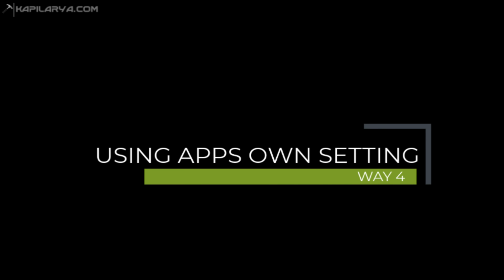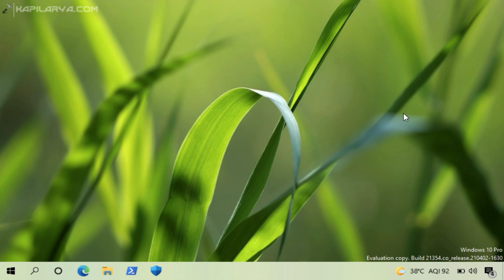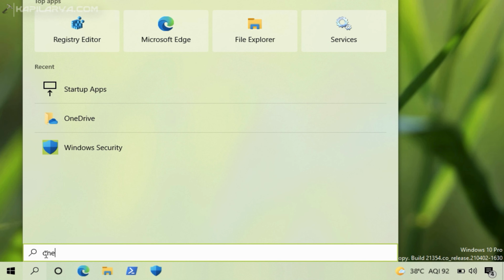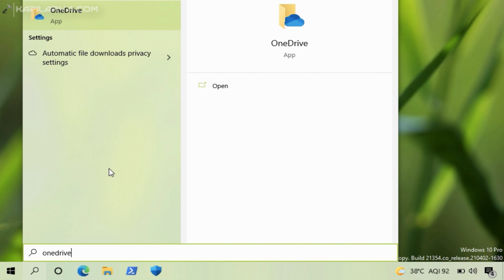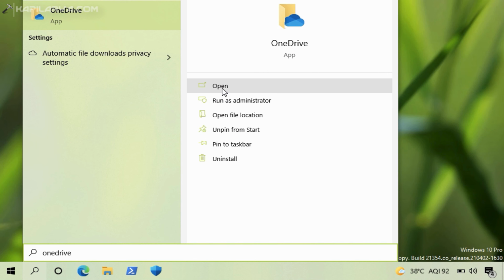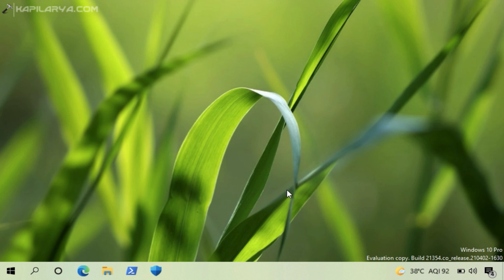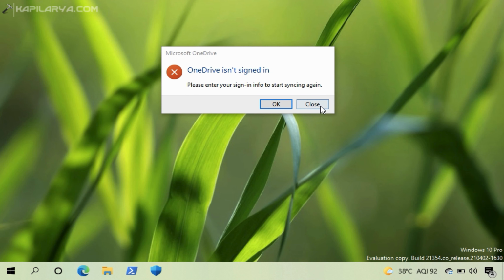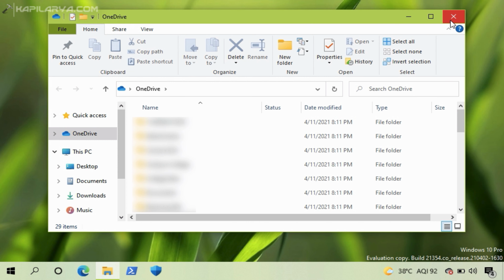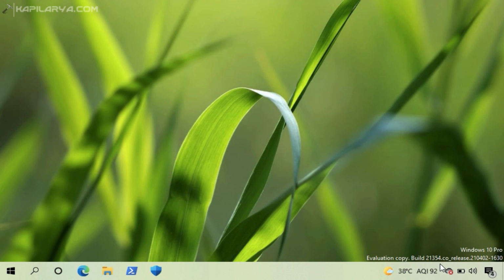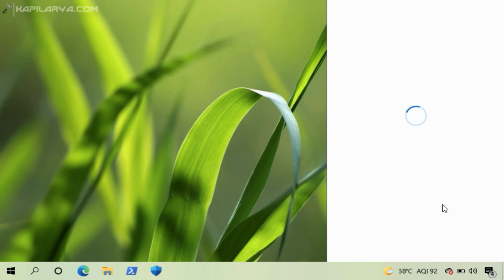Now let us see the fourth way, which is using the app's own settings. Some programs have their own individual settings, and you can configure them to allow or prevent the program from starting up. So we will see the example of OneDrive in this case. I have just opened the OneDrive app, and I will right click on the OneDrive icon on the taskbar and select Settings.